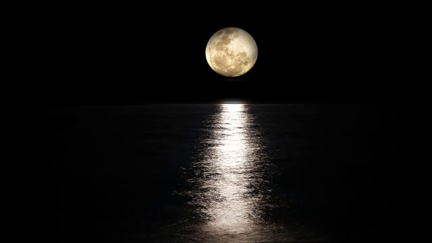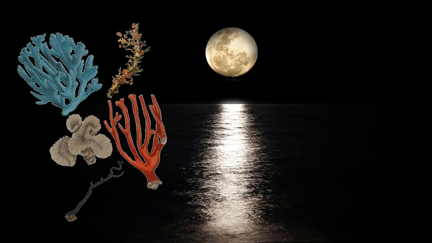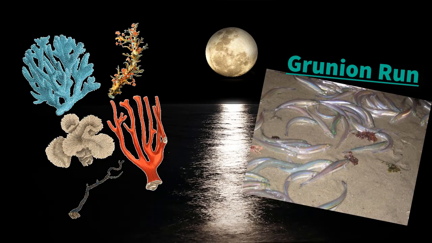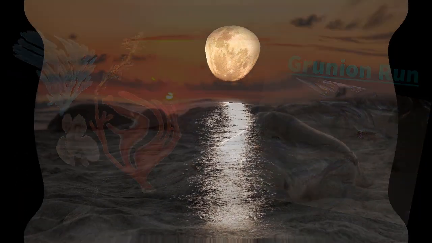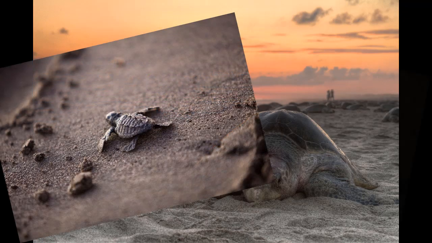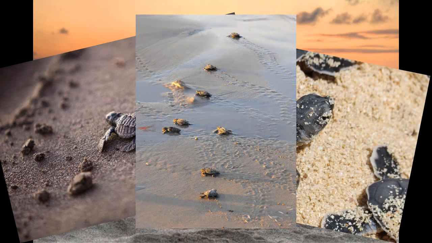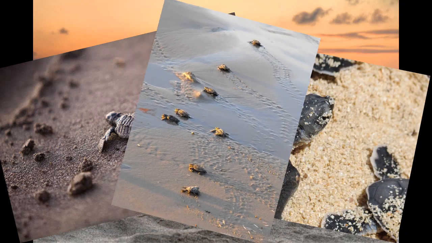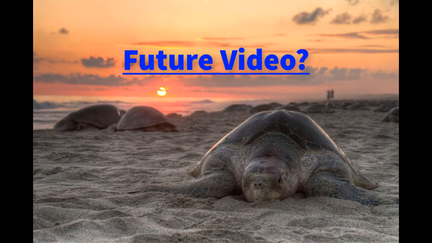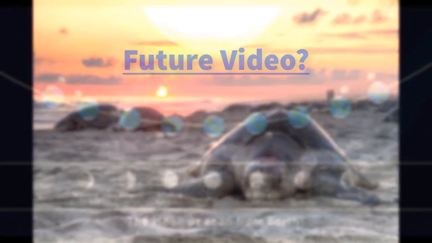Nevertheless, the moon does influence certain animals and their reproductive patterns. Some marine creatures, such as coral and certain species of fish, synchronize their spawning with moon phases. In particular, sea turtles often lay their eggs during specific lunar cycles so that their young will hatch on full moons. The correlation between animals and moon phases is complex and varies across species. So this is going to be in another later episode as well. So stay tuned for that.